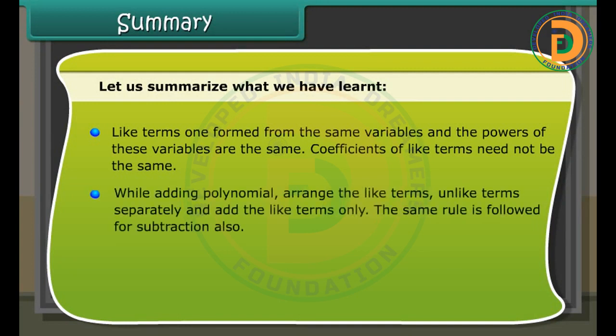While adding polynomials, arrange the like terms and unlike terms separately and add the like terms only. The same rule is followed for subtraction also. For multiplication,